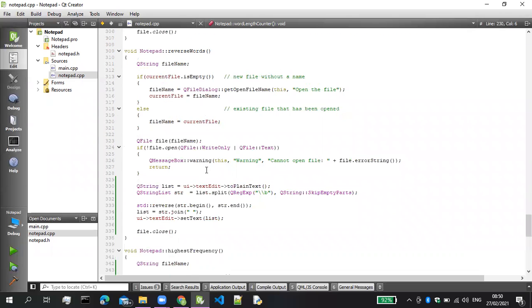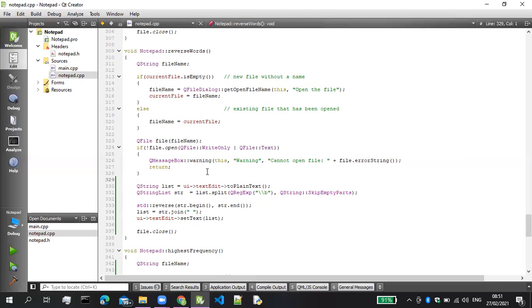All right, so our third function is reverse words. And like Golby has mentioned earlier, if the user is attempting to try these buttons on an empty file, they will be prompted to open a file for the functionality to work. So in line 330, it basically sets the text edit to an empty file, which then